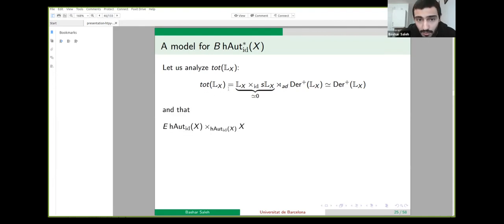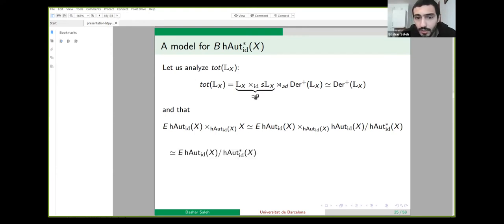And we have that this total Lie algebra is a model for this total space. And let's analyze this space as well. X can be seen as the homotopy orbits of the pointed homotopy automorphisms of X. So it's given by this homotopy quotient. And now we can move this thing to the other side. So this is weakly equivalent to